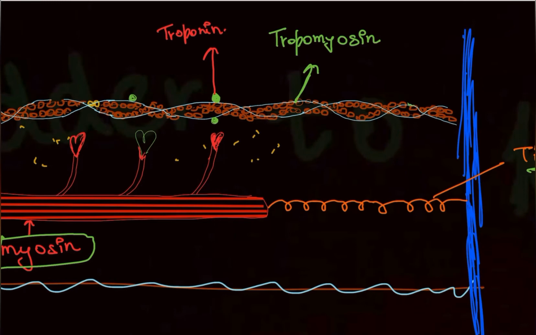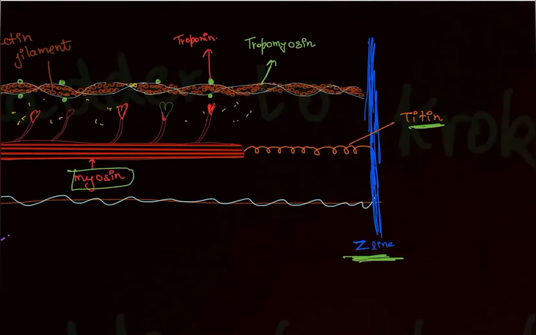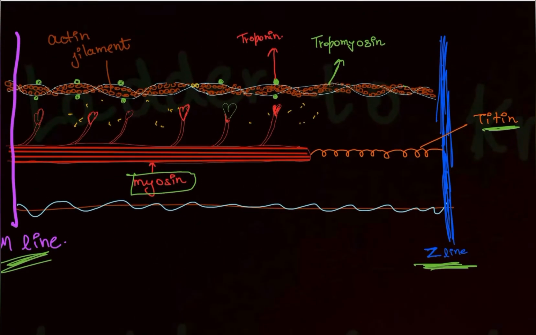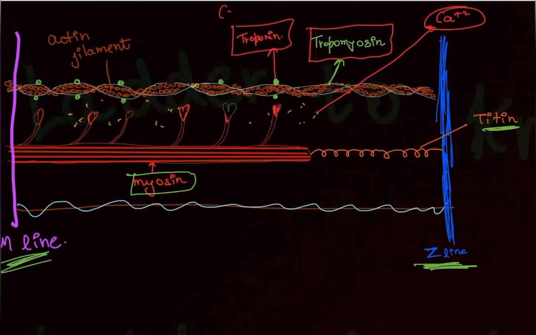Now this troponin, as we already discussed, here the calcium will increase. The troponin loves calcium more than this tropomyosin site. The troponin is like, I am always attached to this tropomyosin, let's try something new. So troponin loves calcium more, and it will bind with calcium and leave the active site of